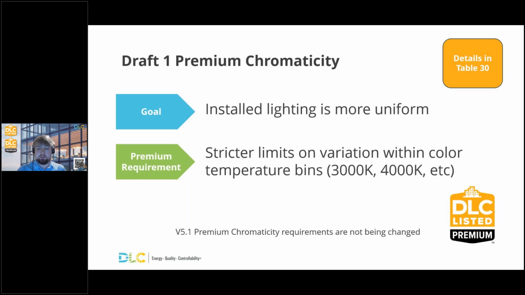Continued again from version 5.1, the premium chromaticity requirements that support more uniform lighting installations are still in place. So this is still looking at, instead of a 7-step quadrangle coming from that ANSI C78.377 standard, the 4-step quadrangles for all eligible CCTs. Those new non-white light CCTs are not eligible for premium in outdoor, so this wouldn't apply to those. And then next